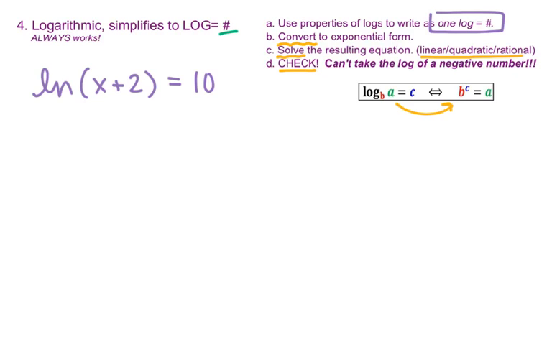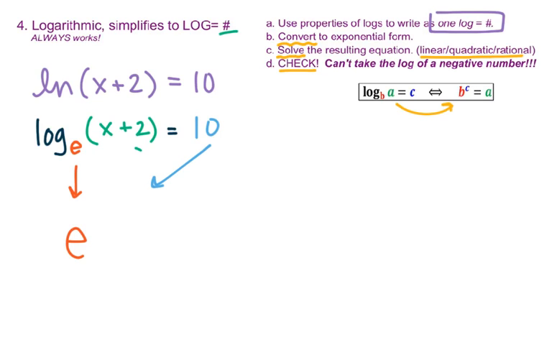Here we have natural log, and we want to remember that natural log is log base e. So I have log base e of the quantity x plus 2 as my argument equal to 10. Converting that, my base is always there, and then that 10 and the x plus 2 are going to switch sides. So I've got e to the 10